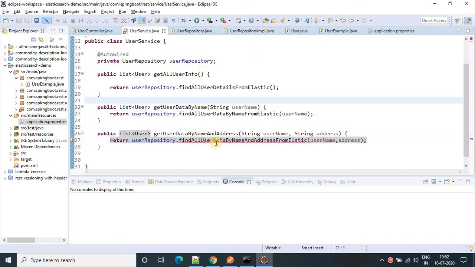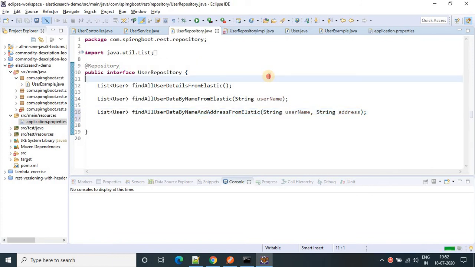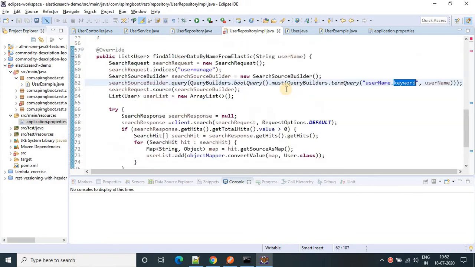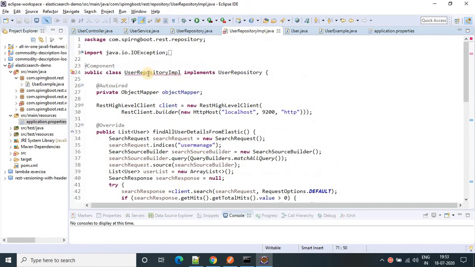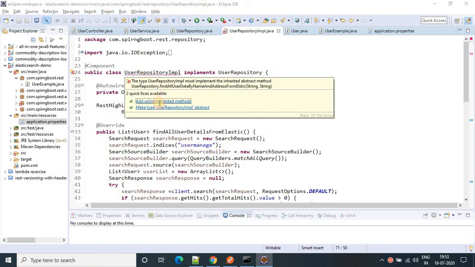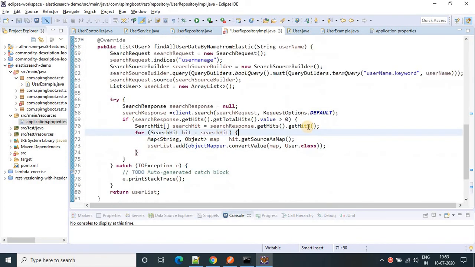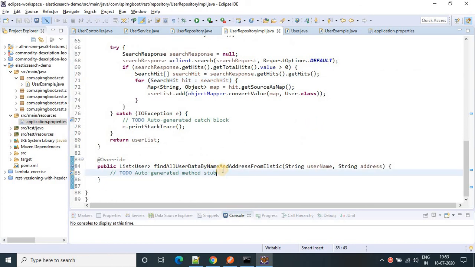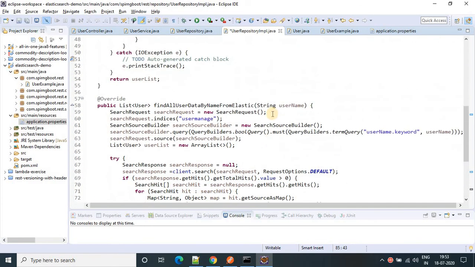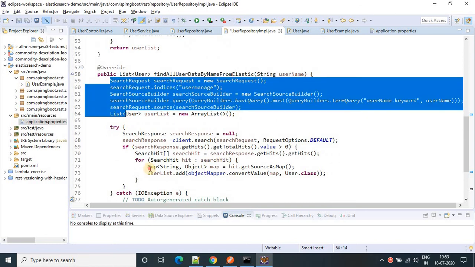Now we have to create the method in the repository. Come to our implementation class. This is my implementation class, and add unimplemented methods. This is done. Now, as I told you earlier, this is one-time code, so just copy this code.